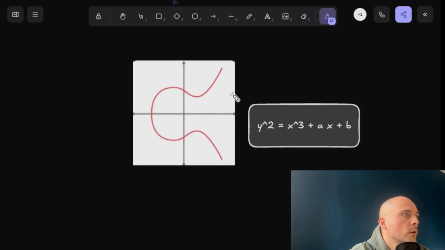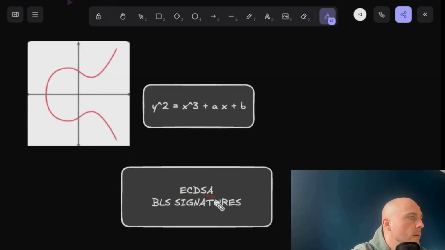2537 supports what is called pairing operations on the curve, which you don't really need to understand in detail, nor do I, by the way. But basically it allows a bunch of powerful cryptographic techniques like aggregating signatures and some zero-knowledge proof stuff. Now, cryptographic schemes like ECDSA we had a look at before, or BLS signatures, for example, do math